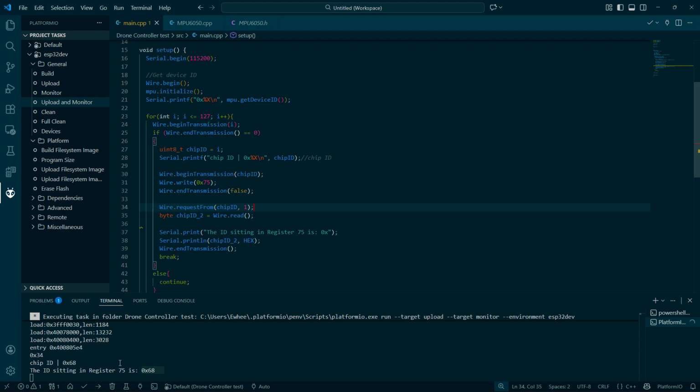So everything's in order. Now, I understand why this is 68 and this is 34. It's because they're not bit shifted. If you bit shift, it's 34. However, why is it that I can communicate using the quote chip ID if it's not actually the chip ID, because I have to bit shift it? I have to bit shift it because there's 1 bit of information in that register that shouldn't be there. So does that mean when it's bit shifted that the actual chip ID, or the WHO_AM_I, is 34? Well, according to the data sheet